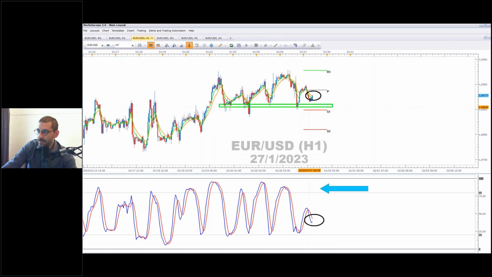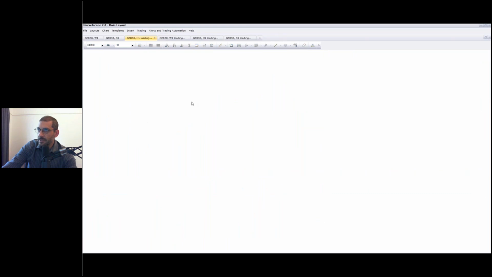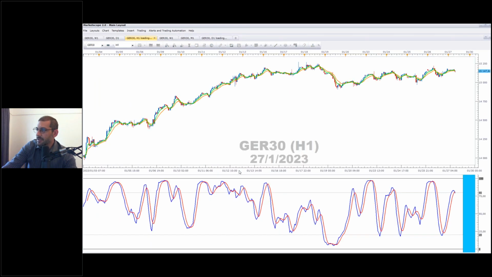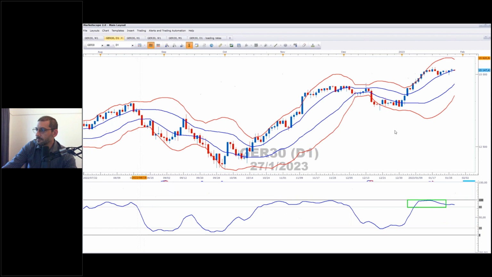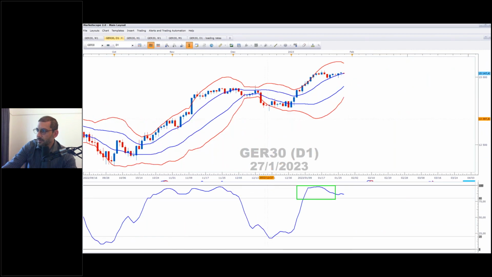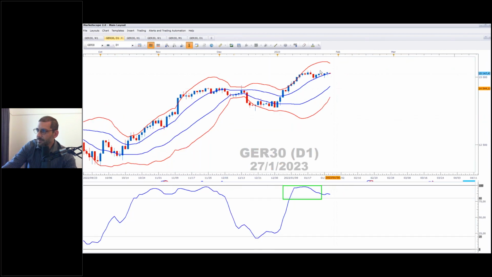We haven't got the signals yet, but I think it's going to be very interesting to keep an eye on that. The last chart we're going to look at is going to be the DAX. Let's just get an idea of what's happening. We've got about 4 minutes to the cash open. So we're in zone 1. There has been a loss of, let's call it, a loss of interest because we've got very small real bodies. We are in the upper quintile, so there is an underlying bullish momentum there.